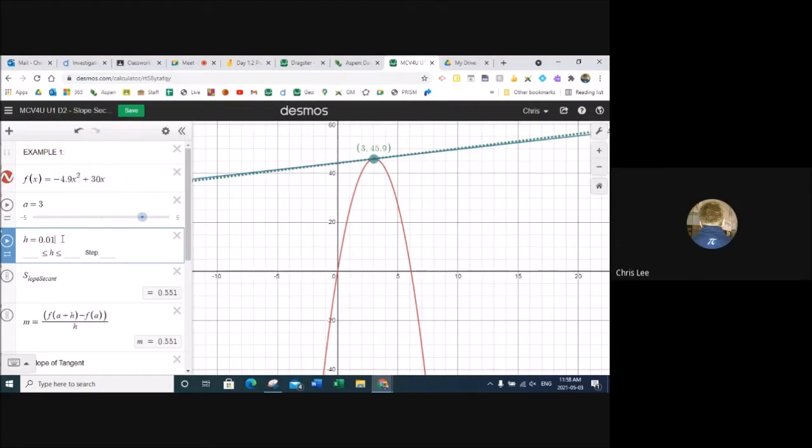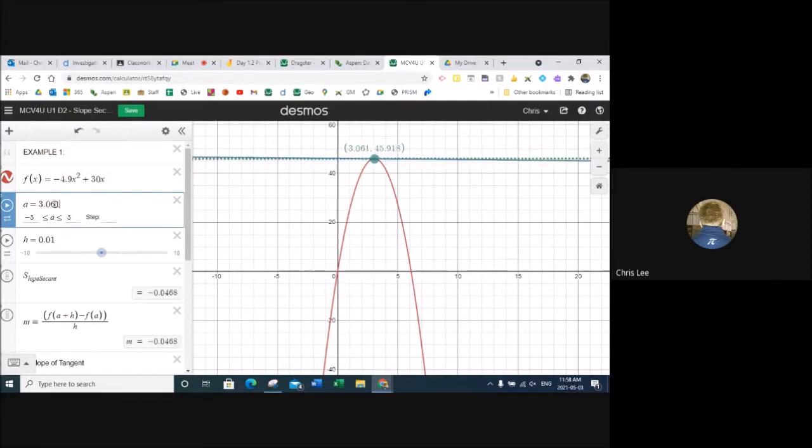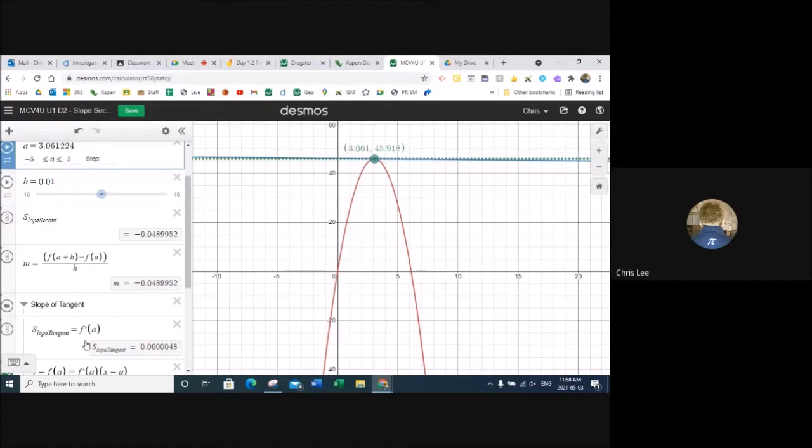All right, so let's now try this new A value of 3.061224, which seems kind of out of the middle of nowhere. And again, if you do the math, you start to see that it is 0.048999. Okay, it's getting really, really small. And if you see, the secant and the tangent are about the same. It almost looks 0. Looks like it's going to 0. The slope here looks like it's almost 0,